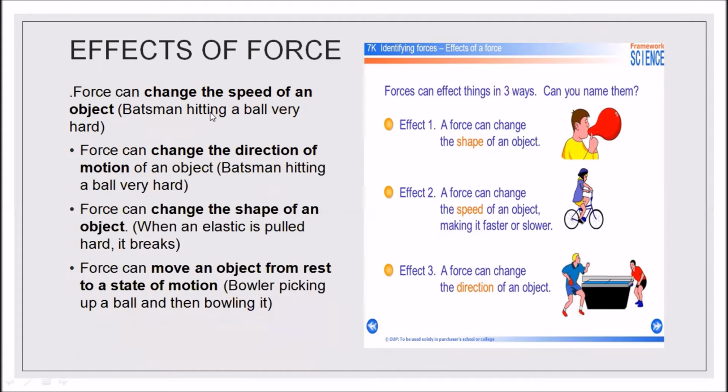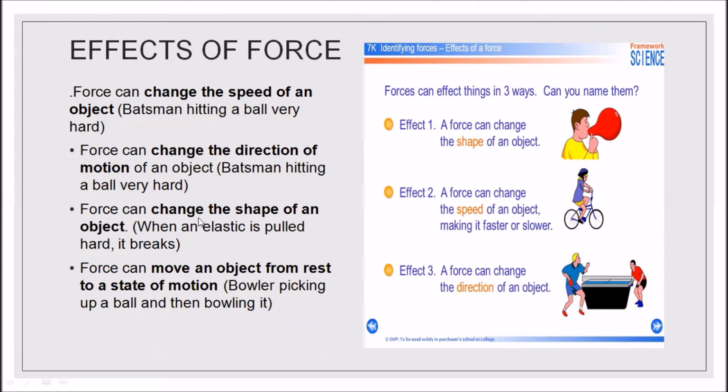The first thing is force can change the speed. Next, force can change the direction of motion of an object. If the batsman hits a ball very hard, the ball can go in any direction. So on applying a force, the direction of motion can be changed.